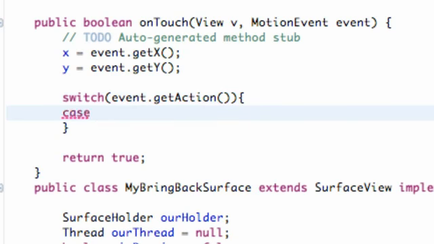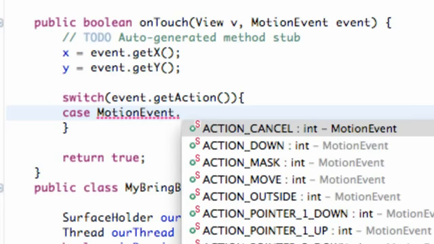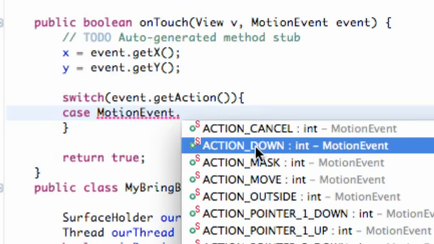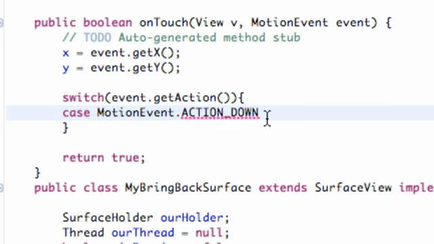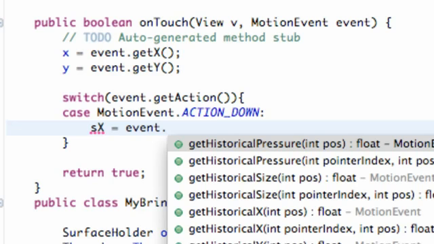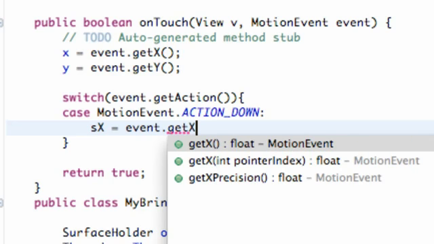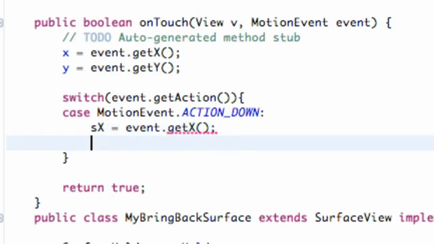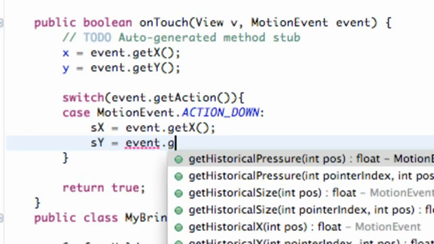So we're going to say case, and then we're going to refer to the motion event class, and then we can hit dot, and we have the events that can happen. So down is right when we first click. So what we're going to do within this case, we're going to set up our starting X, our start X, and then it's just going to be again equal to event dot get X. Again, kind of review here, and then also our starting Y, and that's going to be event dot get Y,